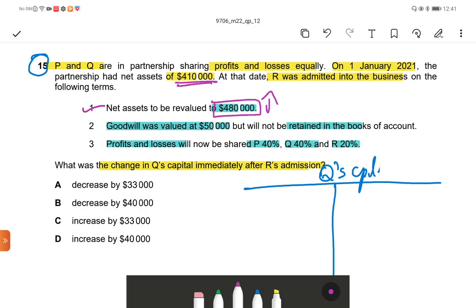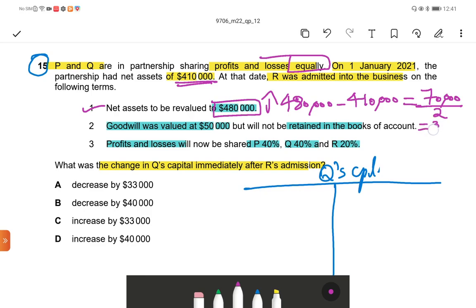How much? 480,000 minus 410,000 is equal to 70,000 increase. Before, they were sharing the profit and losses equally, so divided by 2, he will get 35,000 revaluation reserve. It will increase the capital. Increasing capital on the credit side, decreasing capital on the debit side. So revaluation reserve